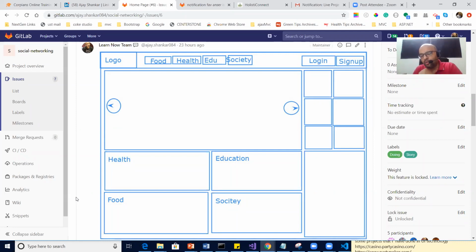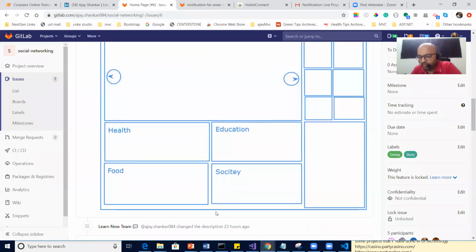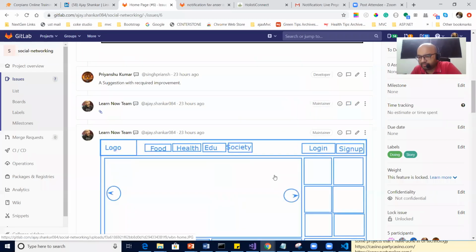But don't you think we should divide this into smaller components? Because there might be a few components which we can use at other places also. At least, do you think that I should have three different components, where one should be the header, one should be the layout, let's say, and one should be the footer? What do you say, guys?